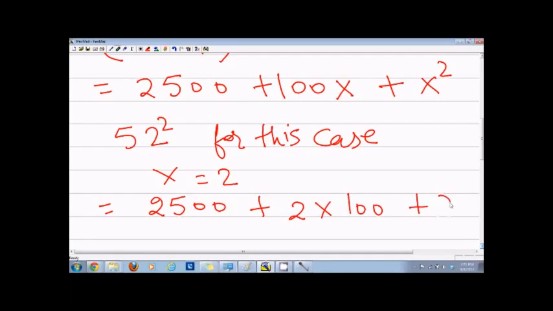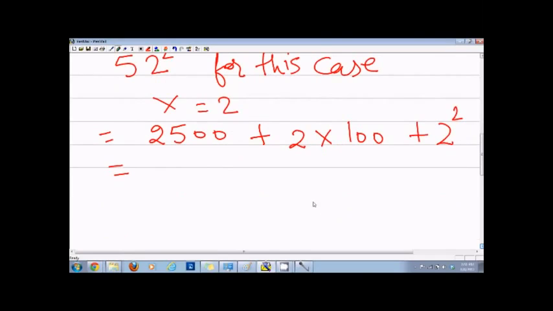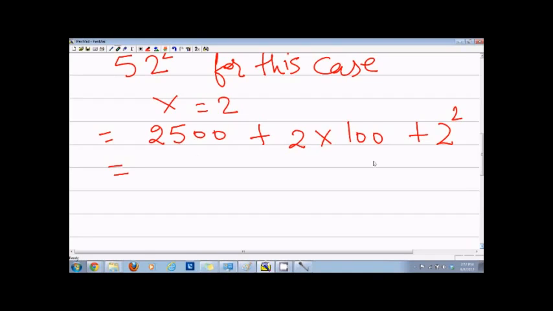And you can see because 2 is at the 100th place, this 2 will be added to 25, and then this 2 square is at the first place, so it will come up on the last digit, so we will have